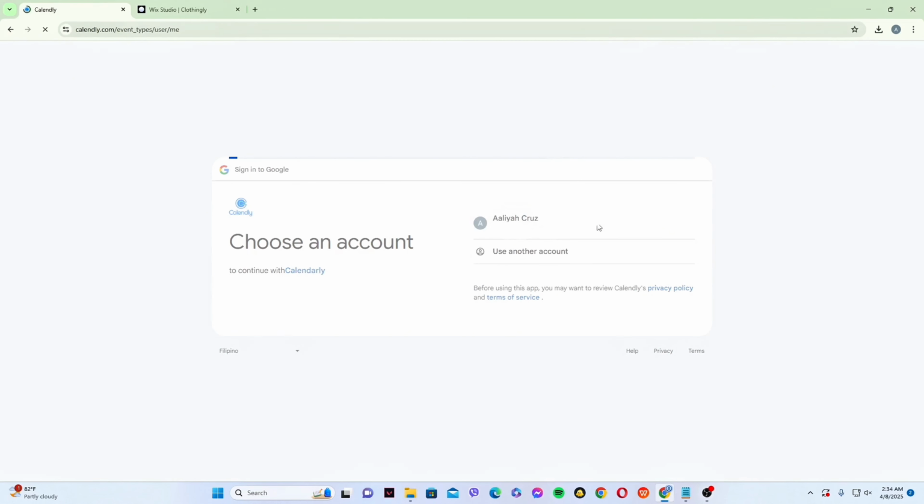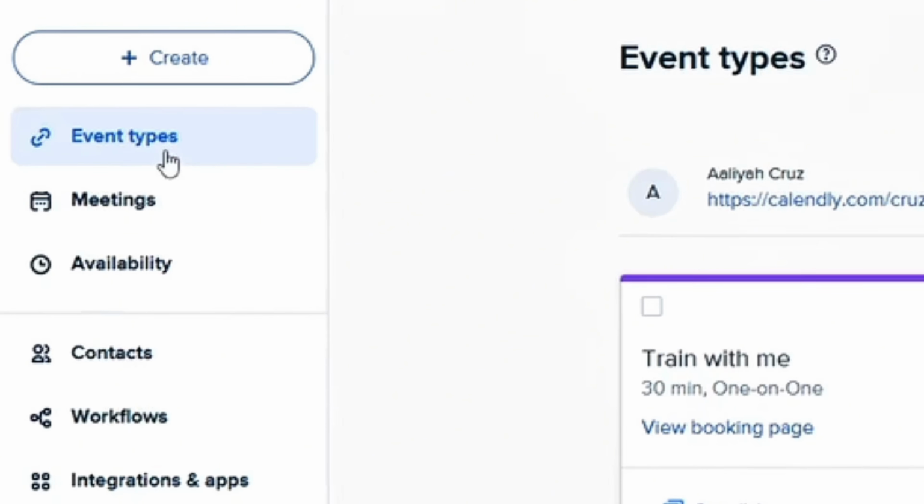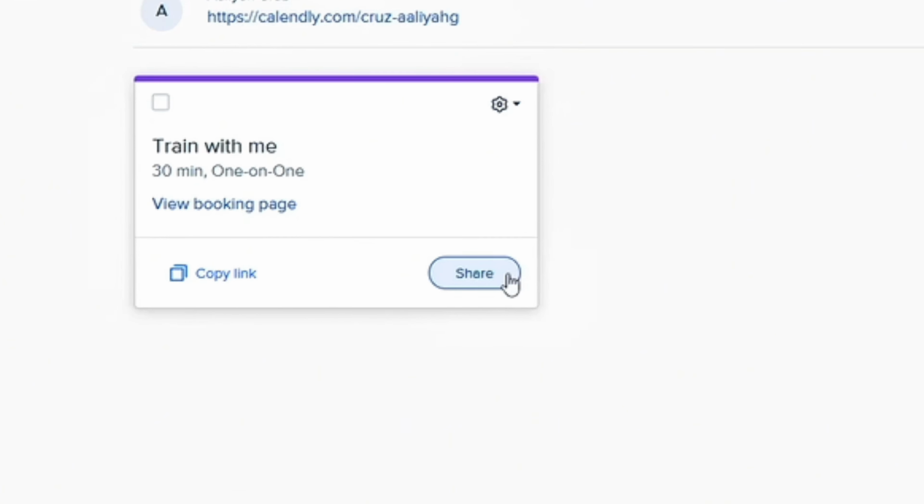First, open your browser and log into your Calendly account. Once logged in, click on Event Type and select the event you want to share. If you don't have one yet, you can create one by clicking the Create button, then click Share and select Add